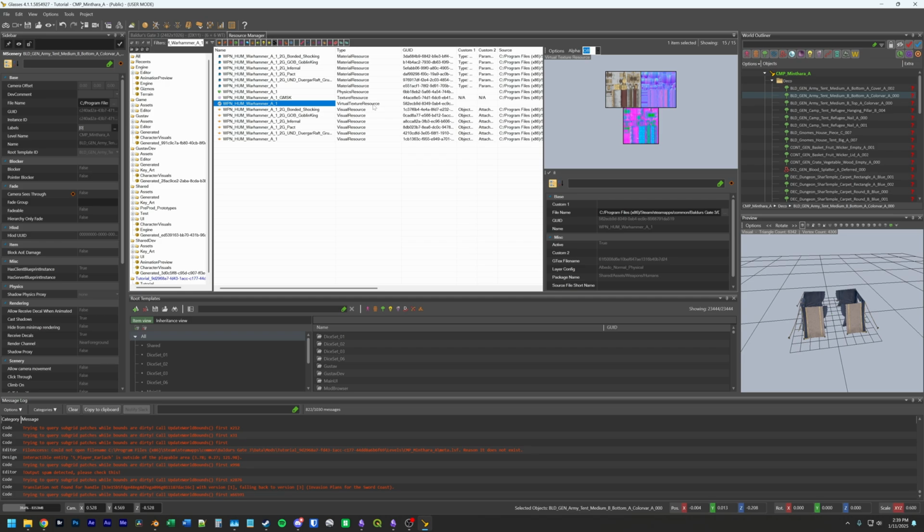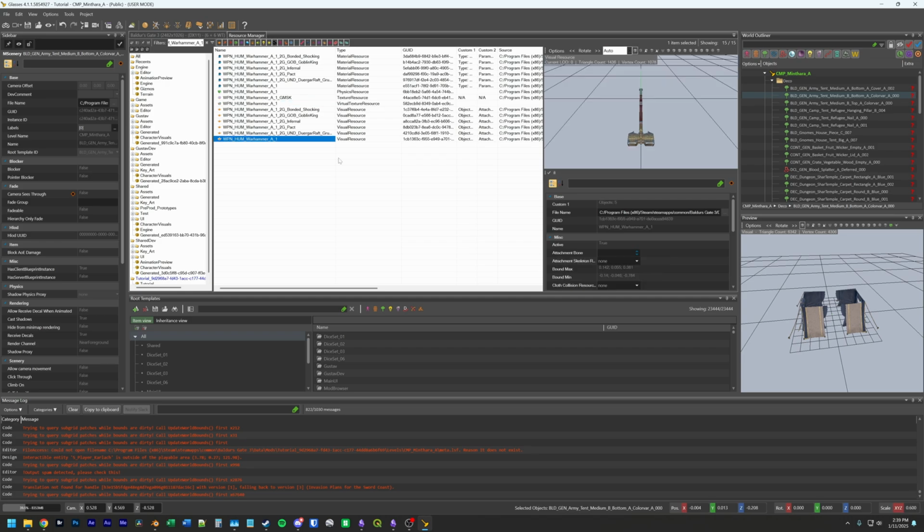But we'll cover how to figure that out later. Alright, so we found our mesh. How do we actually extract it and get it into Blender? Well, for visual resources, you can go ahead and right-click, extract visual data, and it says this will extract weapon human warhammer a1.gr2 will be copied to the source asset path, and that's the source asset path that we pointed the toolkit